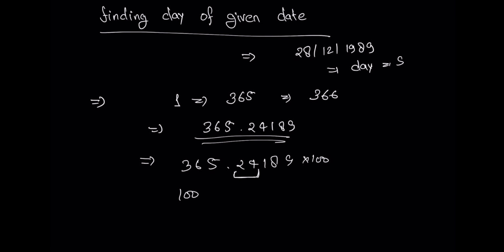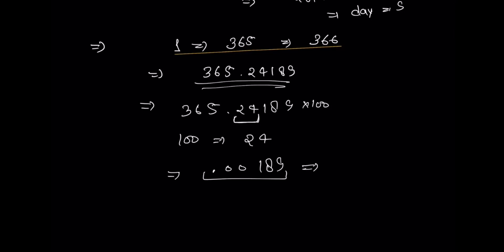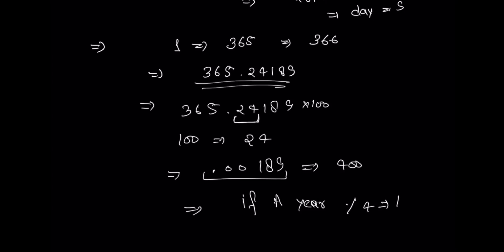So in 100 years we have 24 leap years, but what we are left with is this 0.00189 parity. So somewhere in the century we will have a leap year which is a century year. That number is actually 400. So if a year is divided by 4, that year is a leap year unless